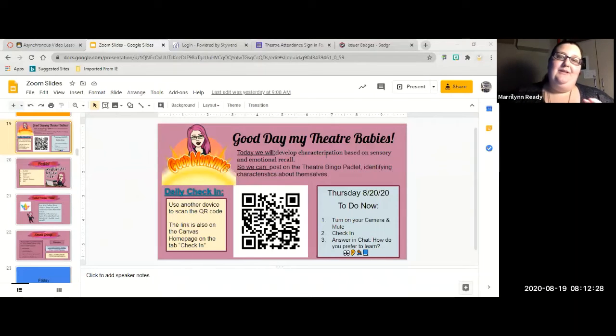And in the chat, I was asking if we could have emojis representing the way you learn. If you're a visual learner, that would be the little eyes. Auditory, little ears. Kinesthetic, the little running guy. That means you like to physically do stuff. And if you like to just read it and then do it, that's the little book one. If you aren't with us in the Zoom today, please feel free to add your answer to that question on the check-in.